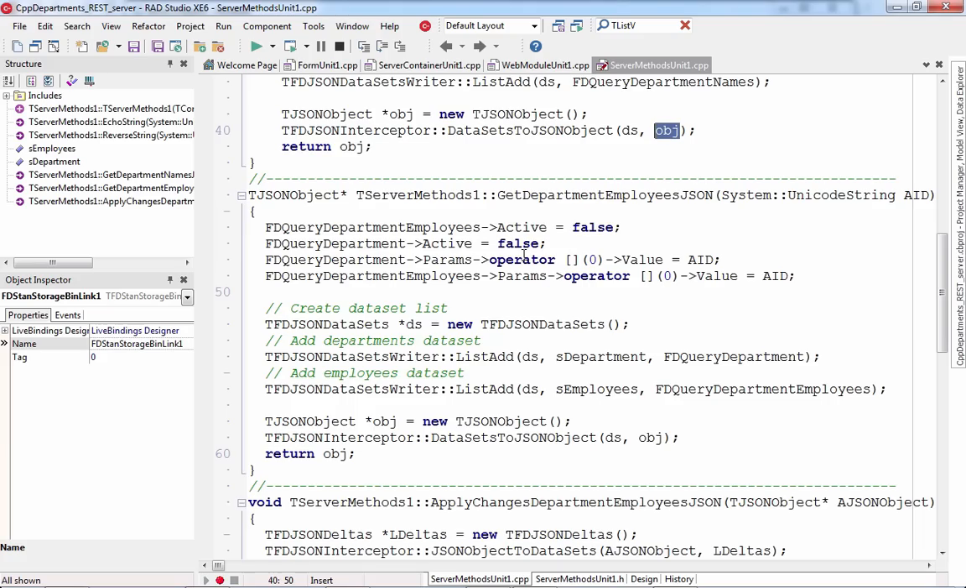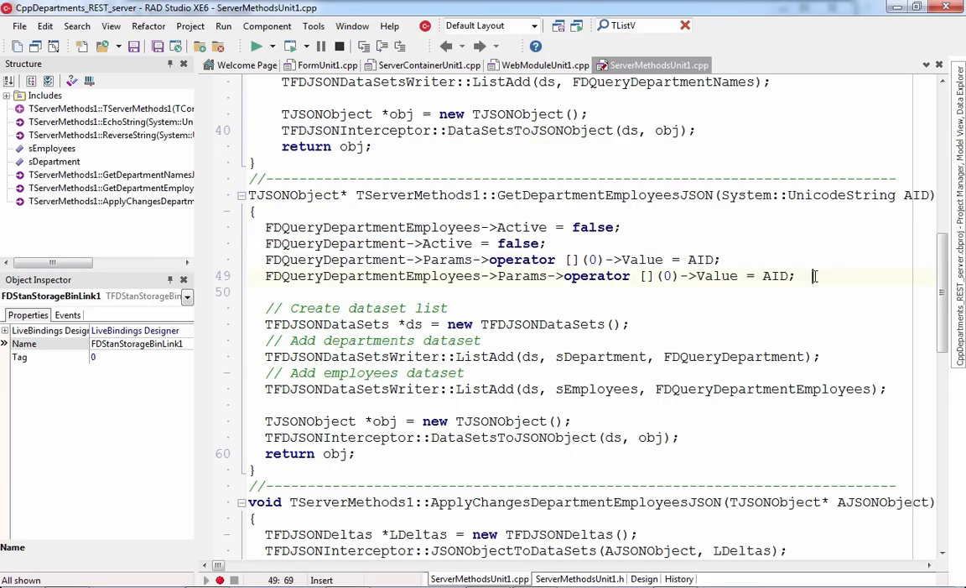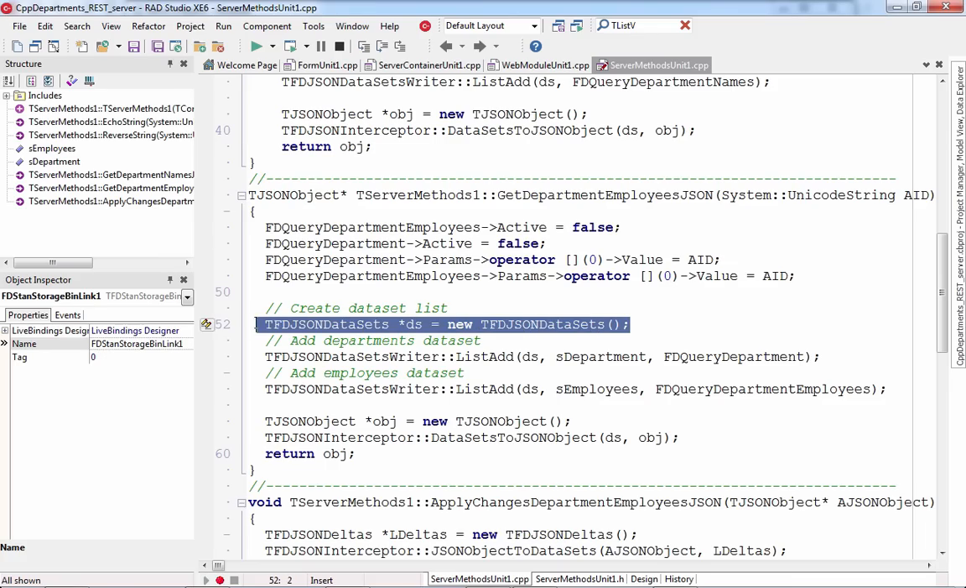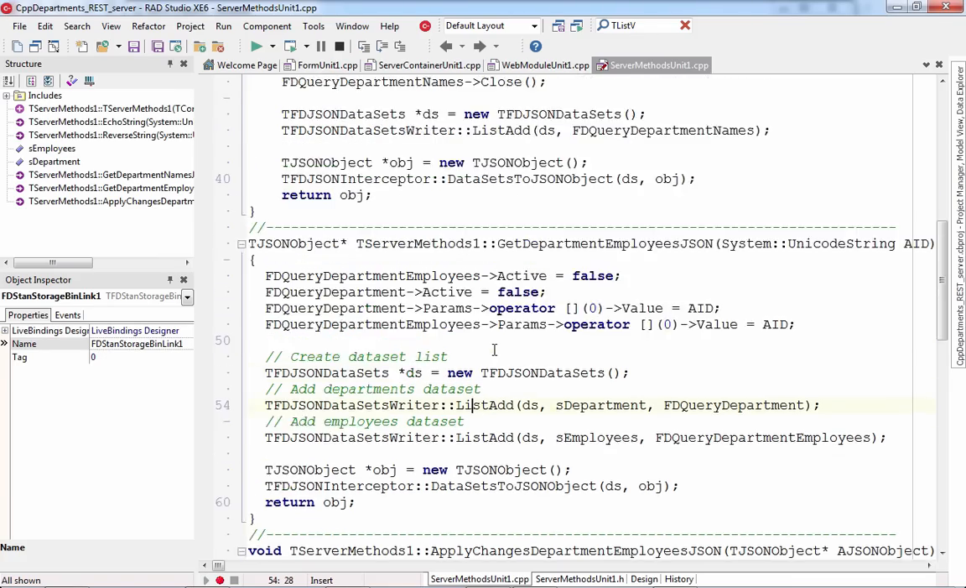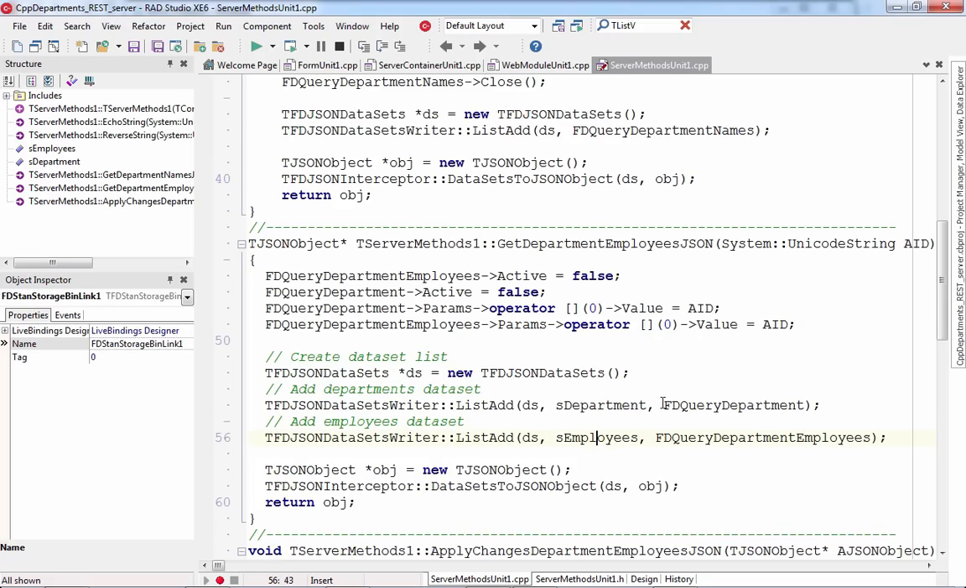In the next method, GetDepartmentEmployeeNames, that takes a department ID, we demonstrate that we can in one operation return more than one dataset. Basically a similar start, we make sure that both queries are closed. We specify a parameter because these two queries are parameterized. We generate a JSON dataset and add both datasets to the list. They are identified by these two strings. These two strings identify those datasets within the datasets collection,